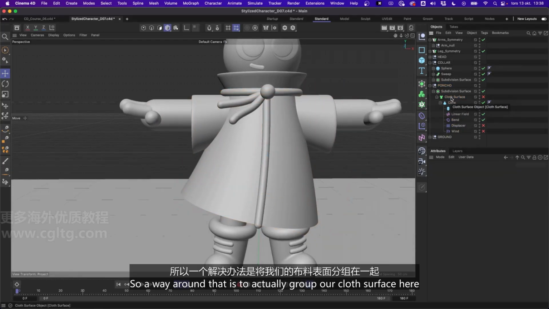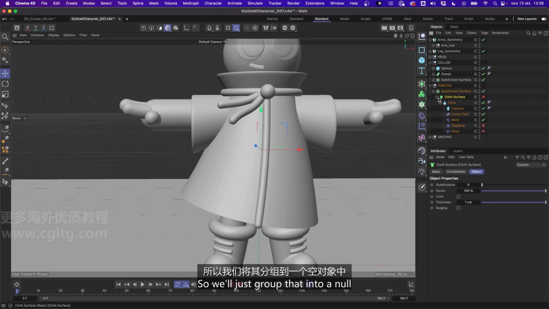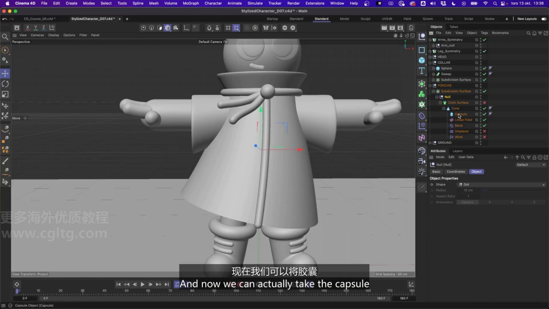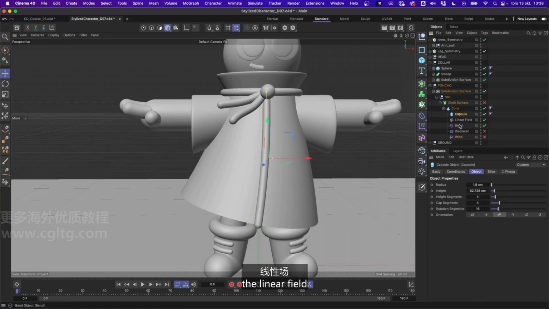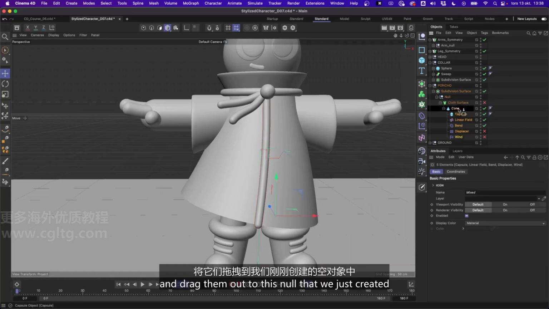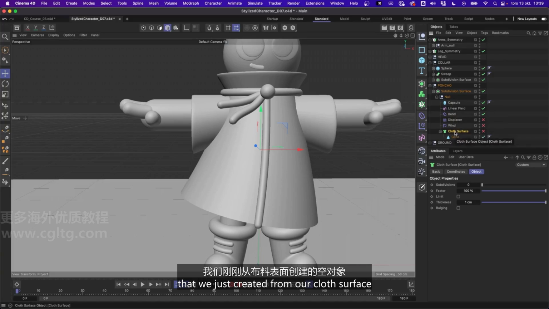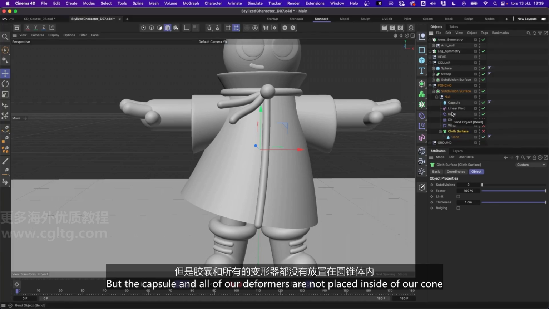So a way around that is to group our cloth surface here. We'll just group that into a null, hit Alt-G. And now we can take the capsule, the linear field, and all of our deformers and drag them out to this null that we just created. So now you can see that all of our deformers and stuff are within the same null that we created from our cloth surface, but the capsule and all of our deformers are not placed inside of our cone,